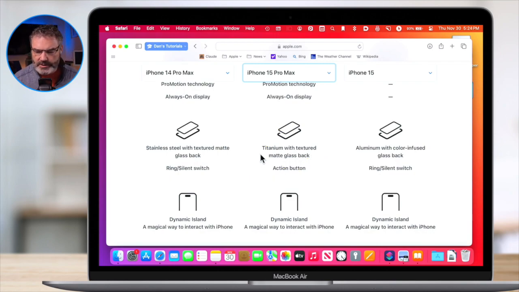I do have the 15, but my demo phone that I use is a 14. I don't see too much of a difference. It has a little more rounded corner, so it is a little bit easier on the hand, but I don't use a case. If you use a case, that won't really matter to you because the case is what you're going to be feeling. Do you use a case at all? Oh, yes. Okay, so that won't matter. The titanium and the rounded corner edges don't really mean anything.